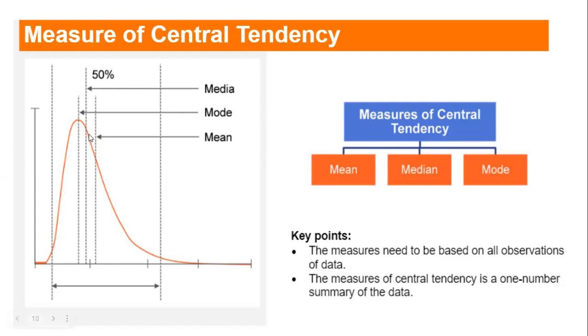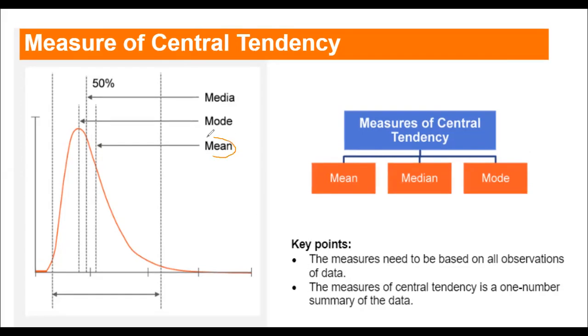Okay. Can you see this graph? Here this vertical line is showing you the mean of this data. This vertical line is showing you the mode of this data, and this vertical line is telling you about the median of this data. Let's not worry about what kind of data we have here. For now, let's ignore it. We are just understanding these terms for now.